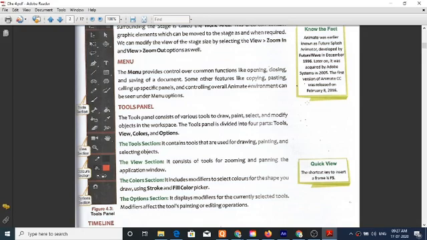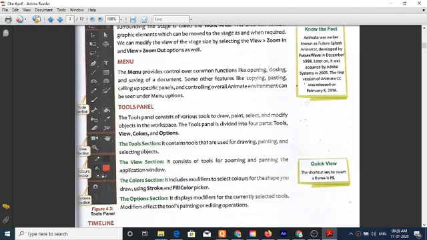The tool panel consists of various tools to draw, paint, select, and modify objects in the workspace. The tool panel is divided into four parts: tools, views, colors, and options.